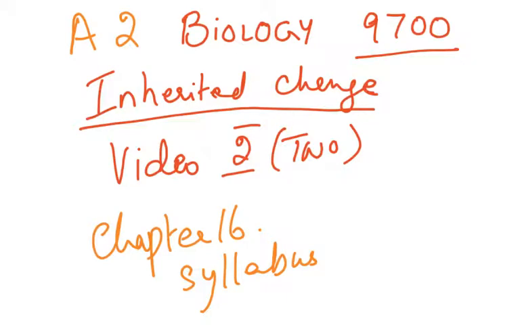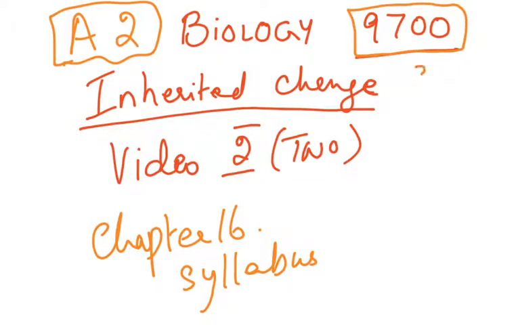Today we start the chapter on inherited change, which is chapter 16 of the syllabus, and it is for the A2 biology. Code is 9700. This is CIE, and this is the second video on this chapter. The previous one was on meiosis, and as we look at the syllabus, we start with